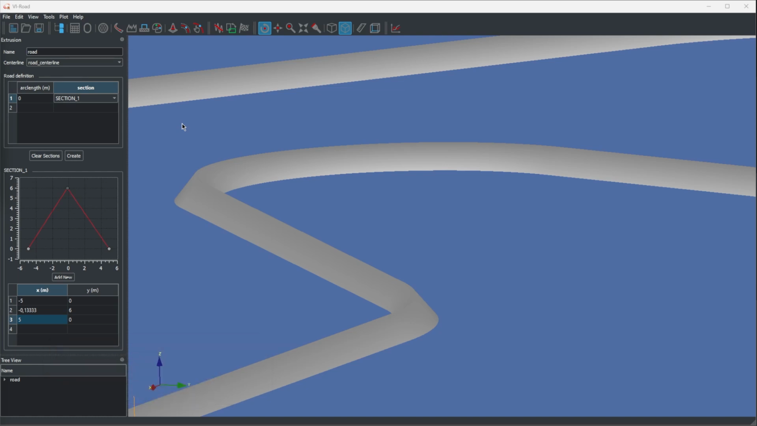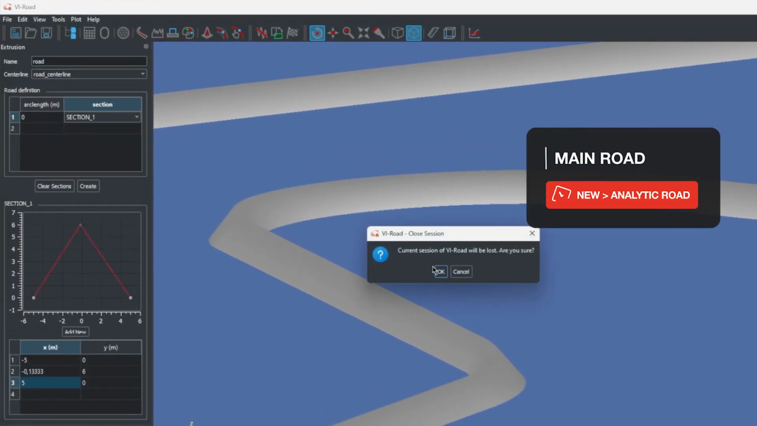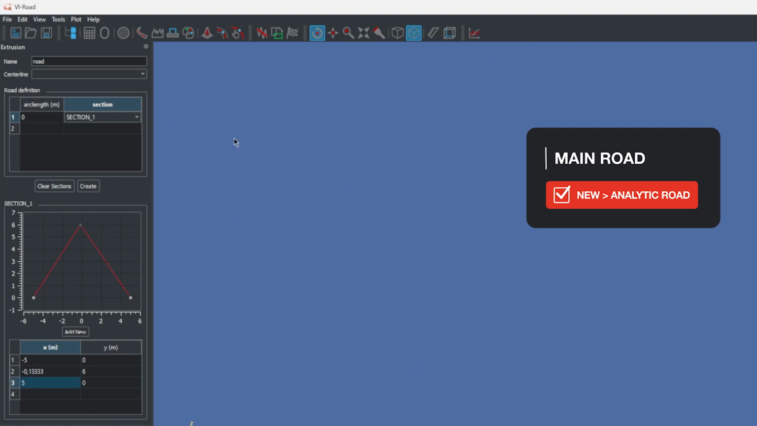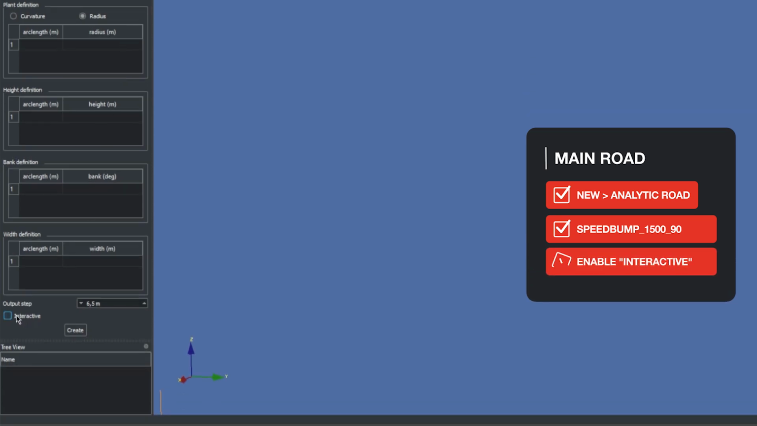All we need for a test like this is a smooth, straight road with a speed bump in the beginning so that the car has plenty of room to travel after overcoming it. To start, click here to create a new road model and confirm. Go to Analytic Mode and name our new road Speed Bump 1590, where the numbers refer to its main dimensions, in millimeters. On the very bottom, enable Interactive Design Mode, so that we can observe the new road unfold